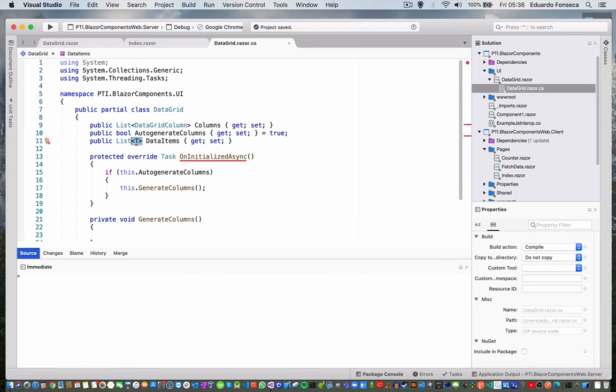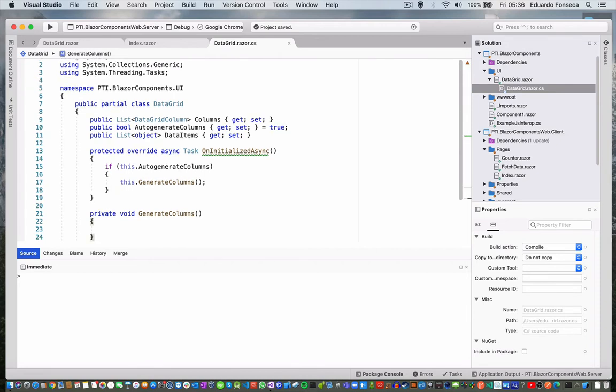Actually, we're not going to use this one. Let's say that it's just an object. We need to put the async in here. So if these data items is not equal to null,